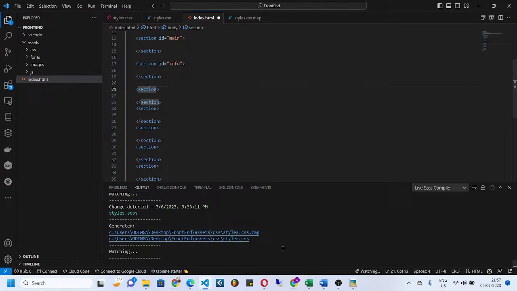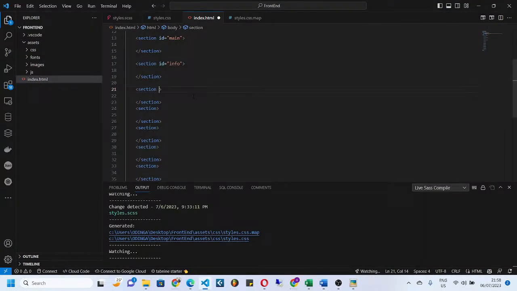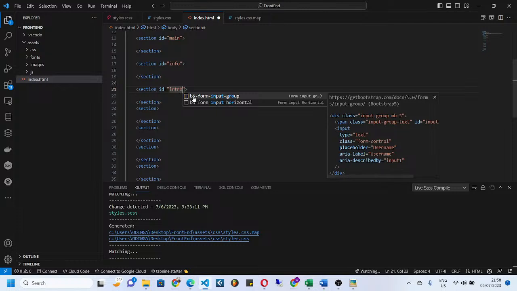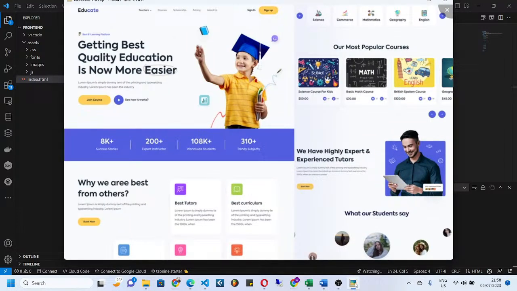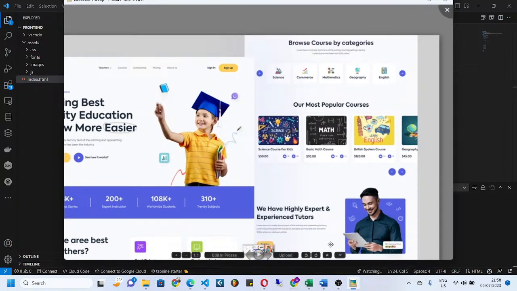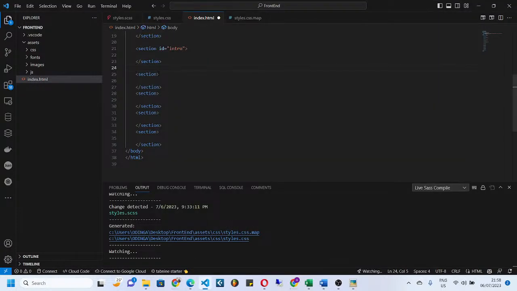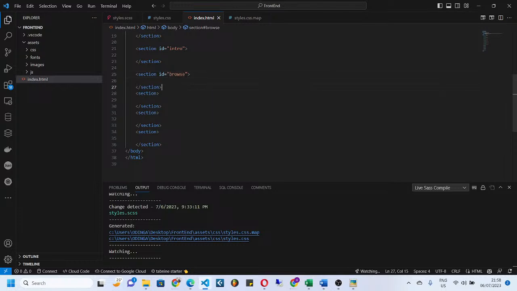Now next section after the info, I'll call that why we are best from others. Let me call that ID equals to intro, right? Next one is browse course by category. I'll call that browse. Next section, I'll call that ID browse. Then after that